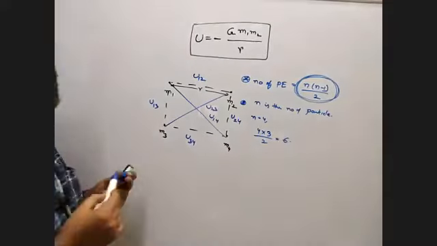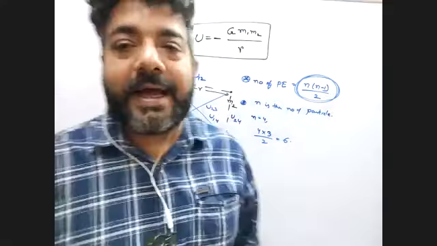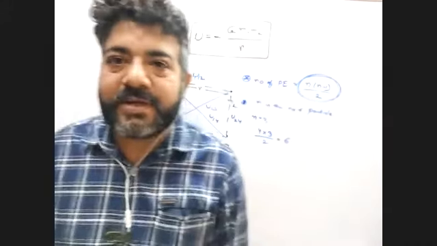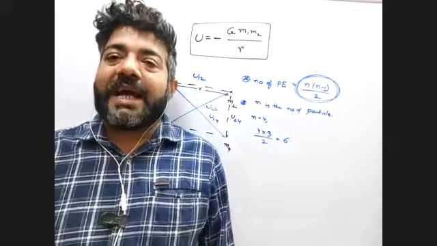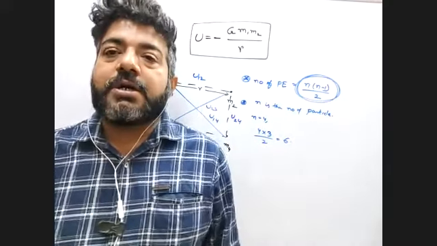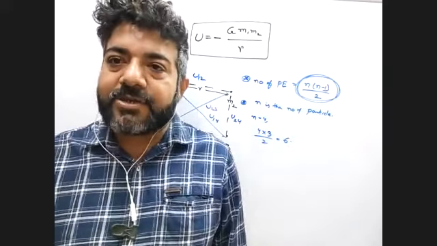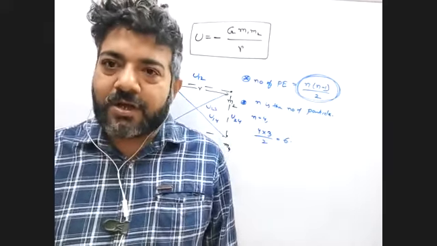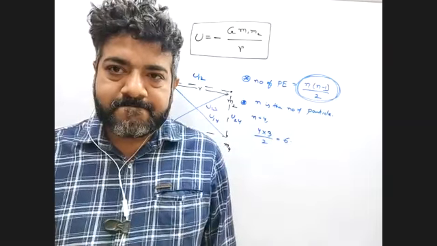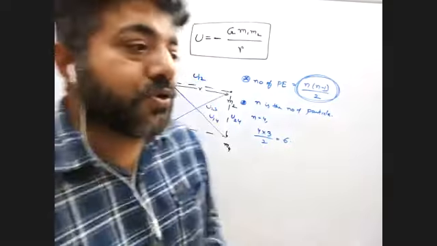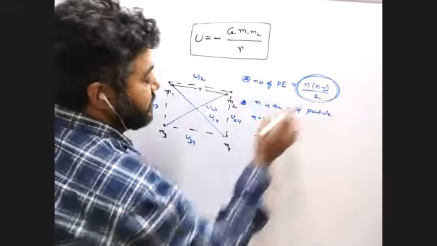You can use this formula, for example, in atomic structure from chemistry. I think all of you know from Bohr's atomic model that when an electron jumps from one orbit to another orbit, it emits or absorbs energy. So when an electron jumps from one orbit to another orbit, you can again use this formula.